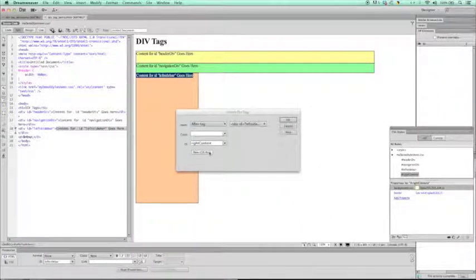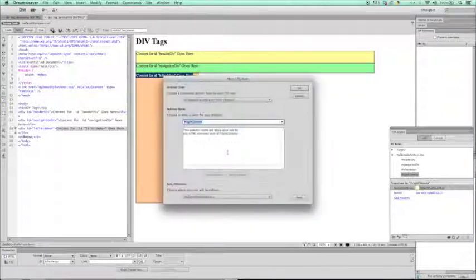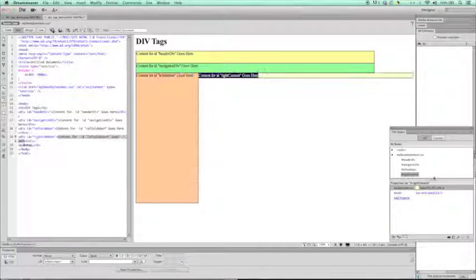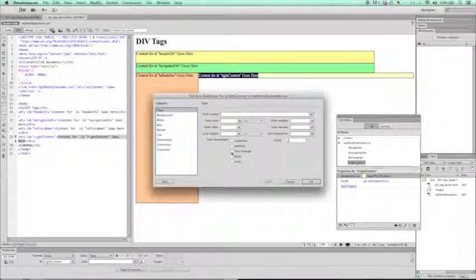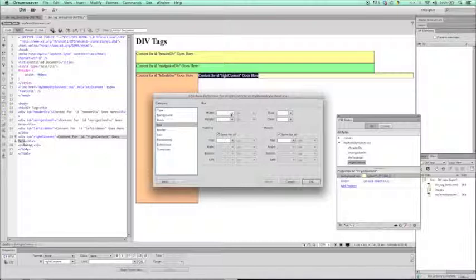And again, I forgot to set up my rules. So I'll go back into it. Oop, can't do that. I'll say OK. And actually come back into it through the CSS Styles panel because I need to set up the width and the height. So I'll come over here into my box now and